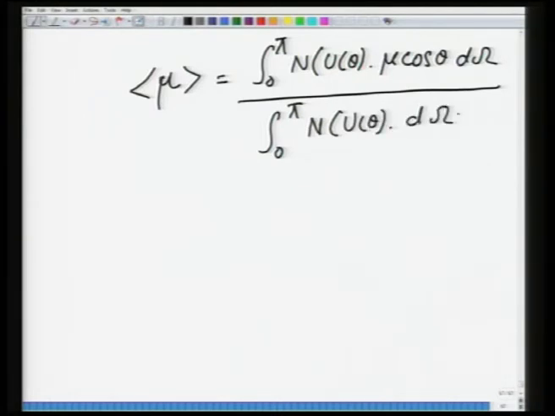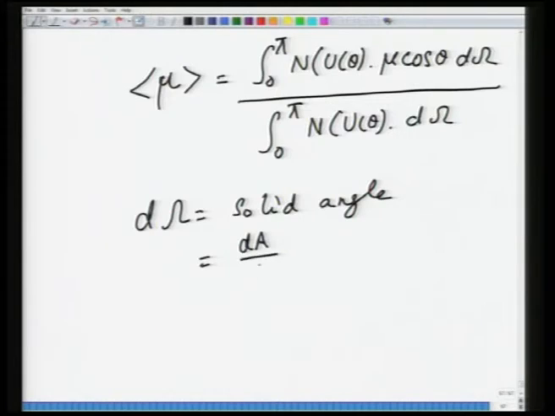Now we need to find out what d omega is. d omega is the solid angle, and by definition the solid angle for a unit area dA would be dA divided by r square. In this sphere, you are interested in this strip